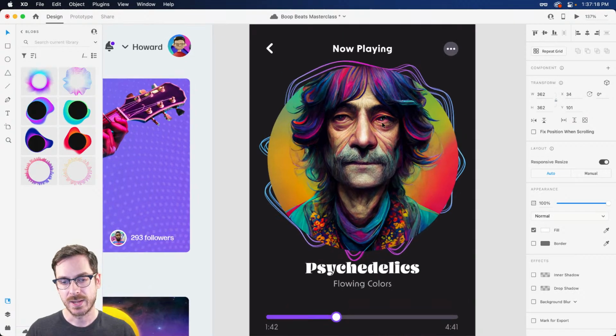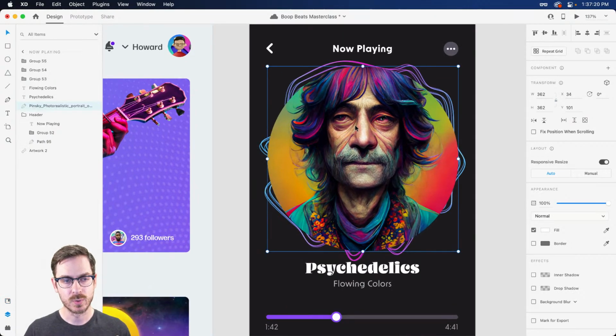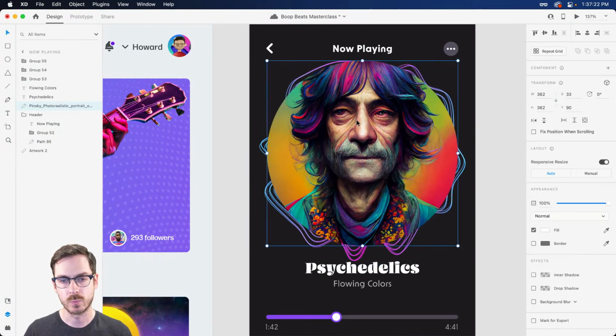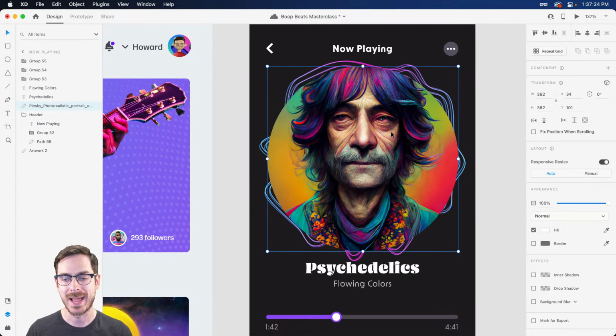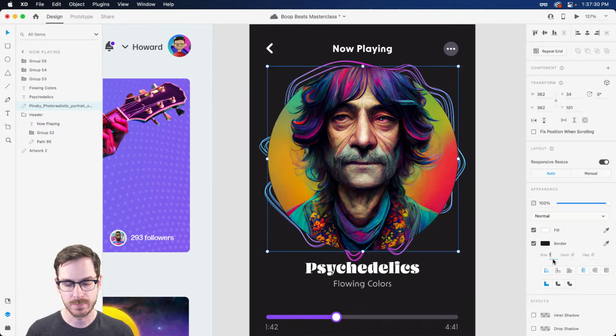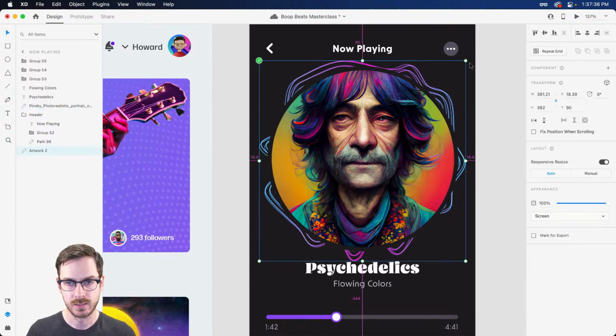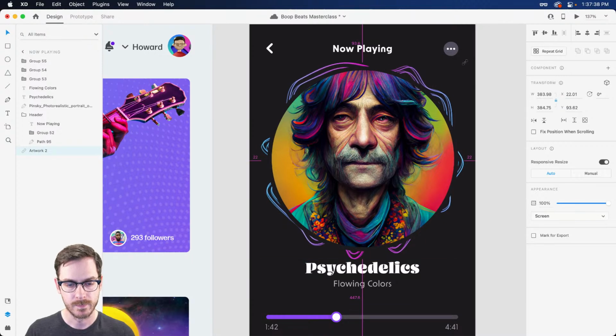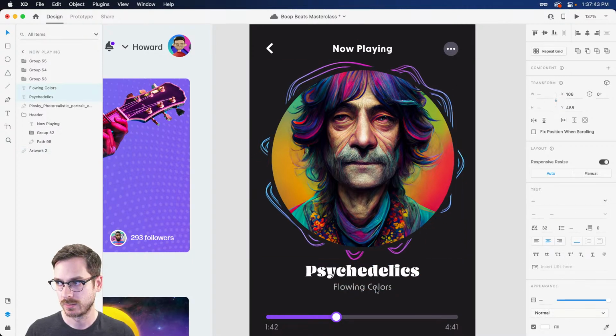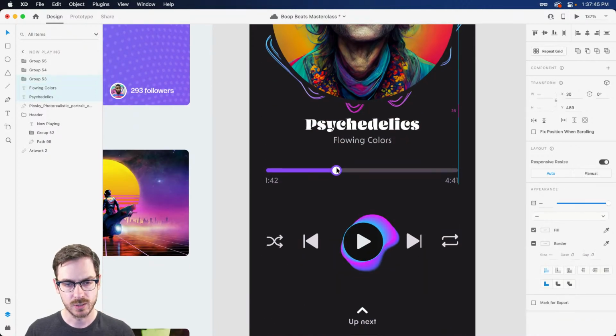There we go. And I think what I might want is a little bit more separation from the album artwork and the sound waves in the back. So I'm very simply going to apply a border that's the same color as the background and just kind of bump this up to about maybe 10, maybe 8. Right? Just to add a little bit of separation there. And now I have nice little sound waves. I can maybe move this down a touch, right? And then I can really start kind of